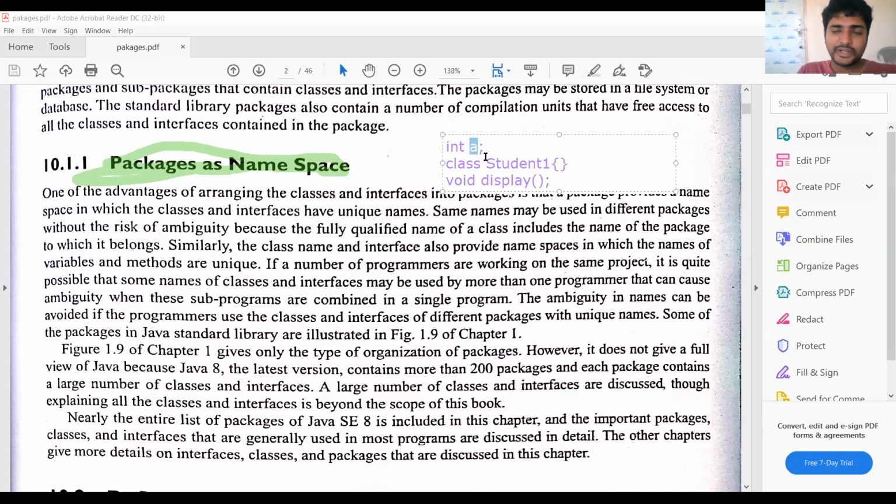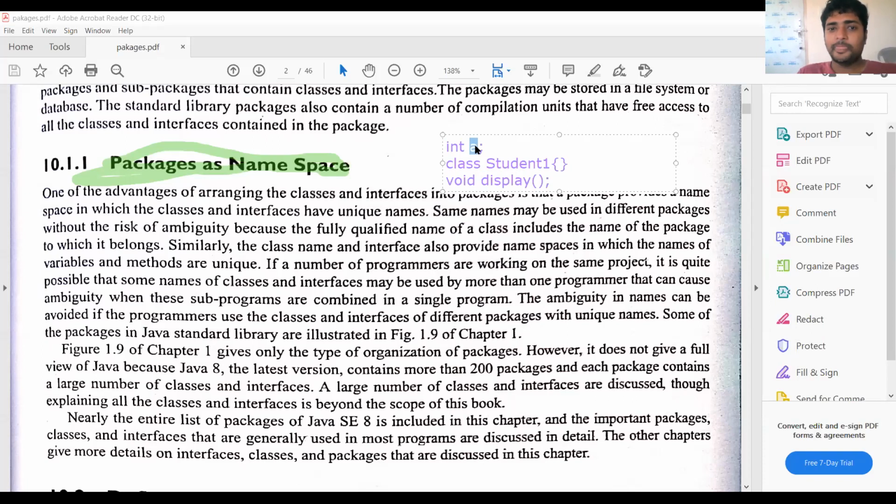Every variable, class or object has some naming convention. There is a strict syntax for naming: for a method, the starting letter should be small; for a class, the starting letter should be capital; for a variable, it starts with a small letter.